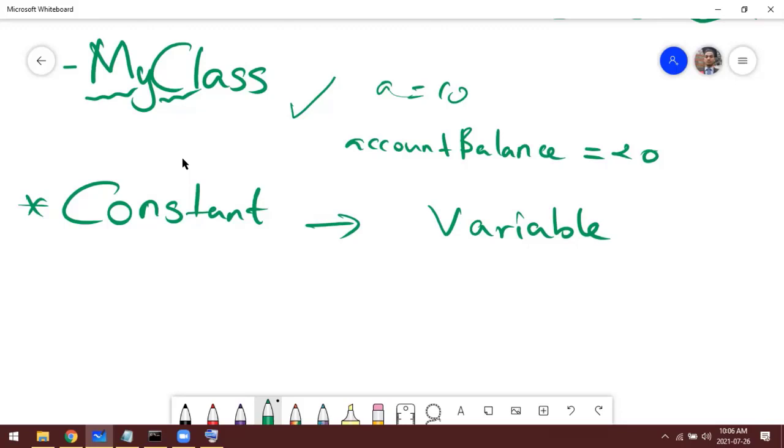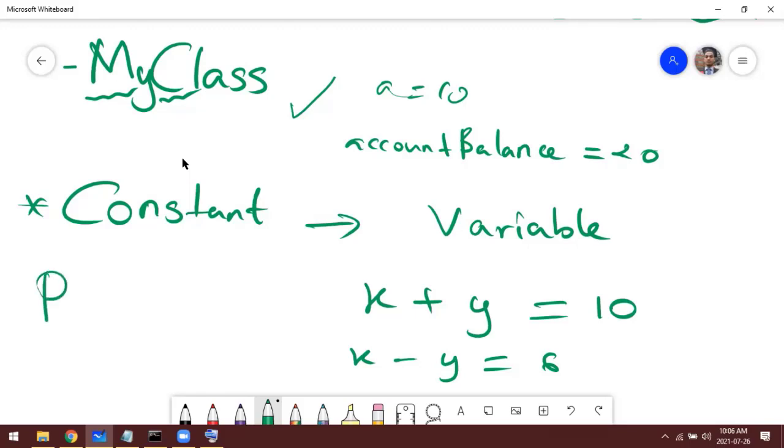For example, when we do maths, we type like this: x plus y is equal to 10, x minus y is equal to 6, something like that. So x and y are unknown values, and we usually say variable. Constants, for example, pi.